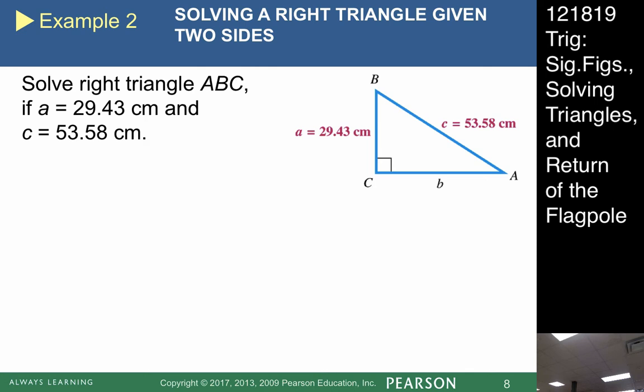So it's the opposite and the hypotenuse relative to A. Opposite and hypotenuse can come together and make what functions? Sine. So write that down. Sine of A, capital A, because that's our theta, equals